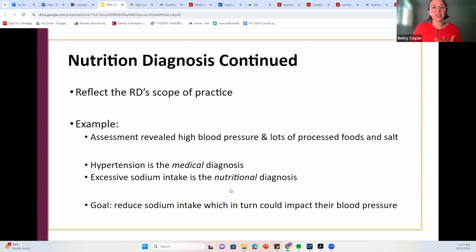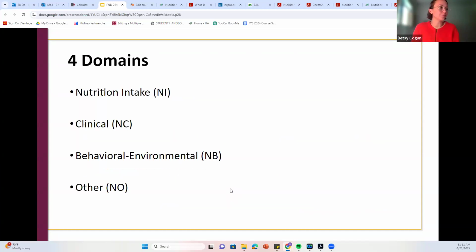So we would maybe select that and continue with our PES statement, right? So that's in a situation where maybe there's a medical diagnosis, but then there's a nutritional related thing that's going on that's leading to that medical diagnosis. We would err on the side of investigating and diagnosing the nutritional aspect versus the medical aspect to stay within our scope of practice and be able to intervene from the RD side. So on Moodle, there is the nutrition diagnostic language that we want to use, but within